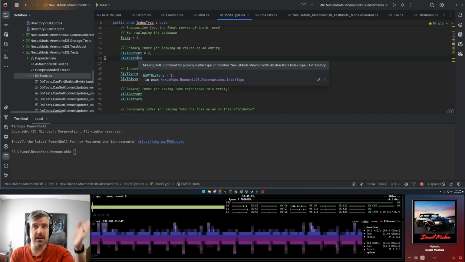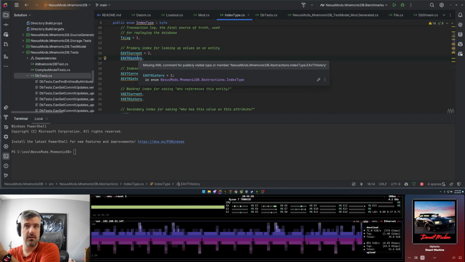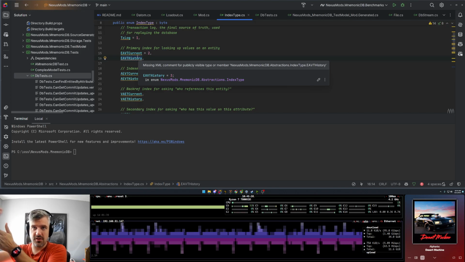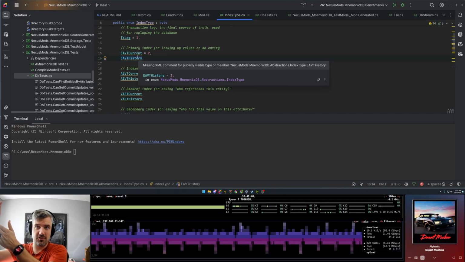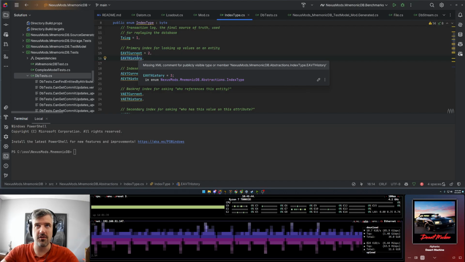So it is sorted by E, A, value, and then time. Because if you insert the same value multiple times, you would have a different T value each time. They're not collapsed. It is a set, but they're unique enough.